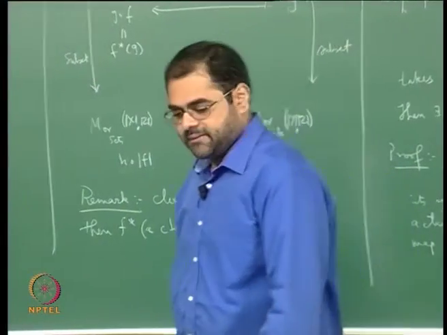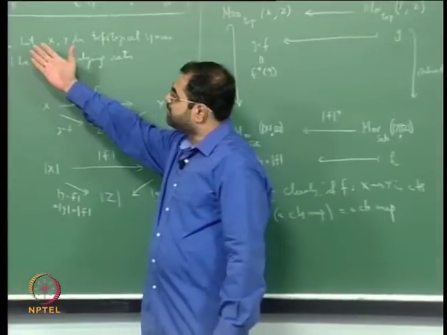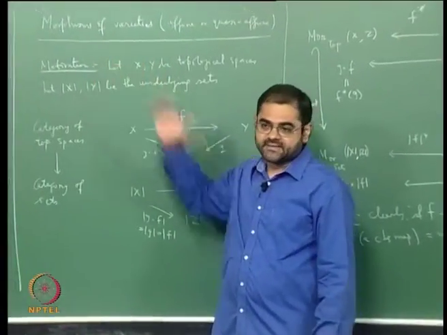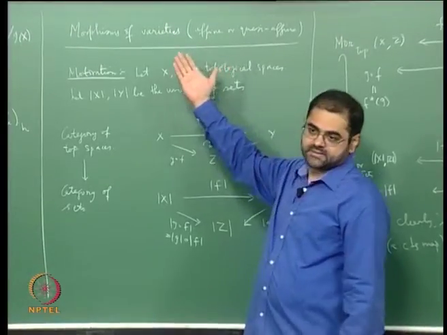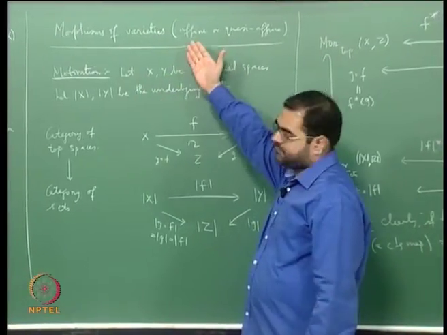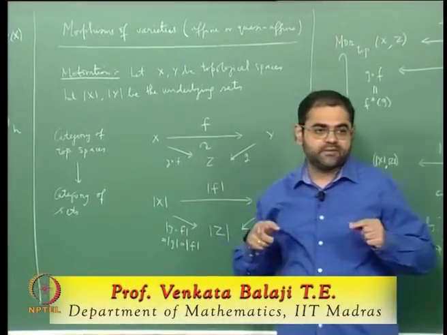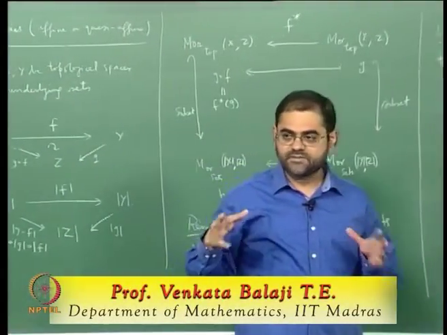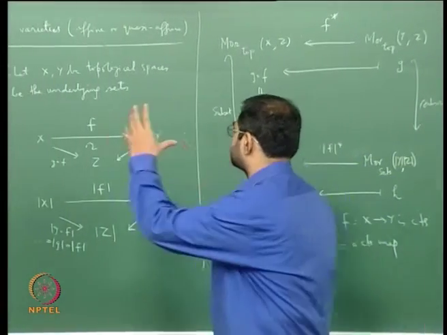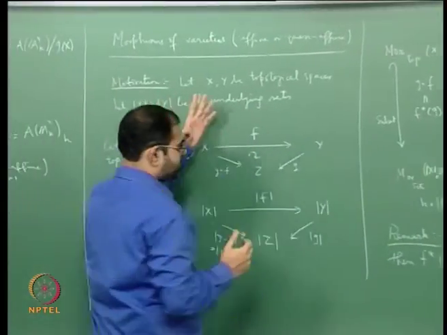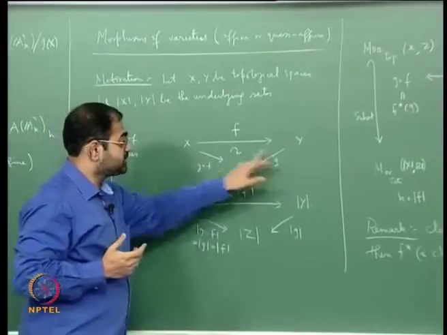Alright, so recall from the previous lecture that we were trying to define what a morphism of varieties is. We have a pair of varieties, which could be either affine or quasi-affine varieties, and we want to say when a map between them is a morphism of varieties. We use the analogy that I gave you in the last lecture,